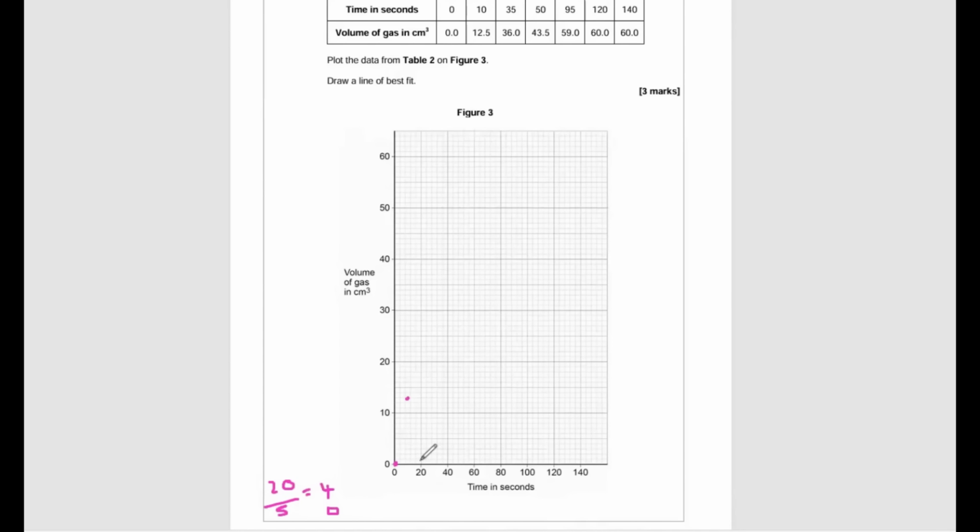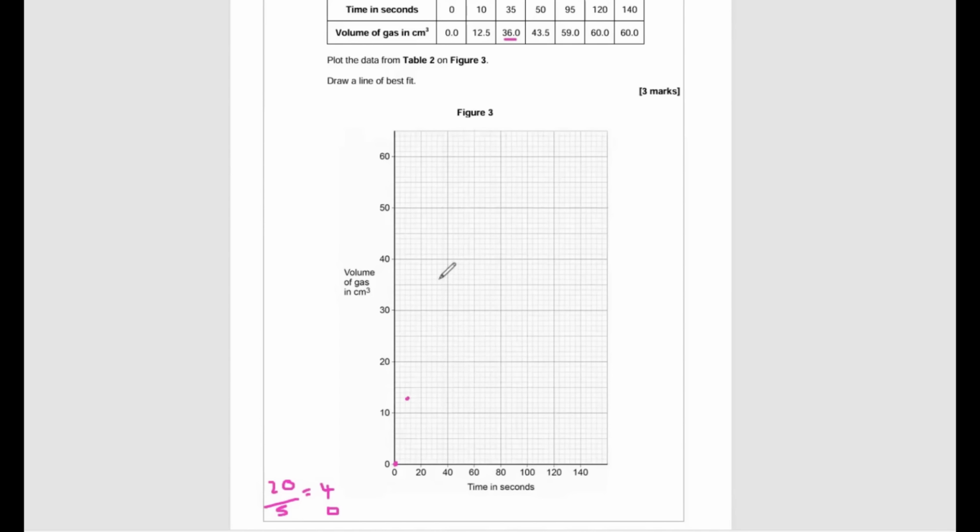So if I want to get to 36 here along the bottom, I want to come to 20 and then go 24, 28, 32, 36. It's the line just before 40. So I'm going to take that up to, oh no, we want 35. So it's the line in between there. Sorry, excusez-moi. The line in between